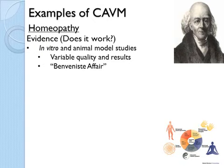However, there were some questions about the methodological quality, and Nature took the unusual step of actually publishing an editorial along with the paper, identifying these as potential problems and suggesting that some investigation should be done of the methods to confirm this finding. So a team went to Benveniste's lab and found that unblinded subjective analyses by a particular